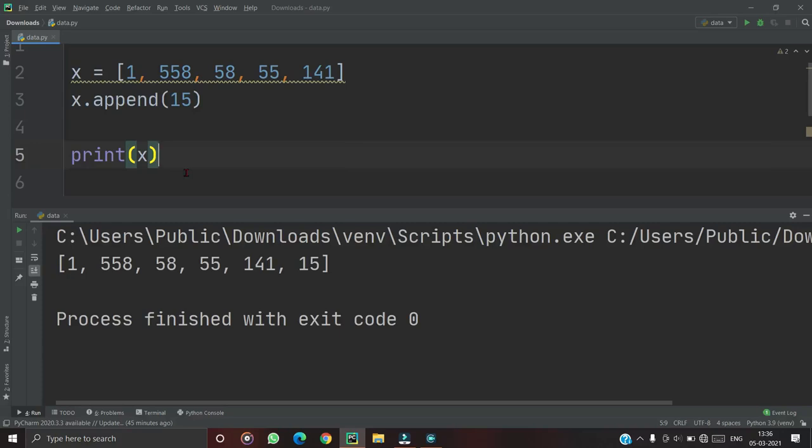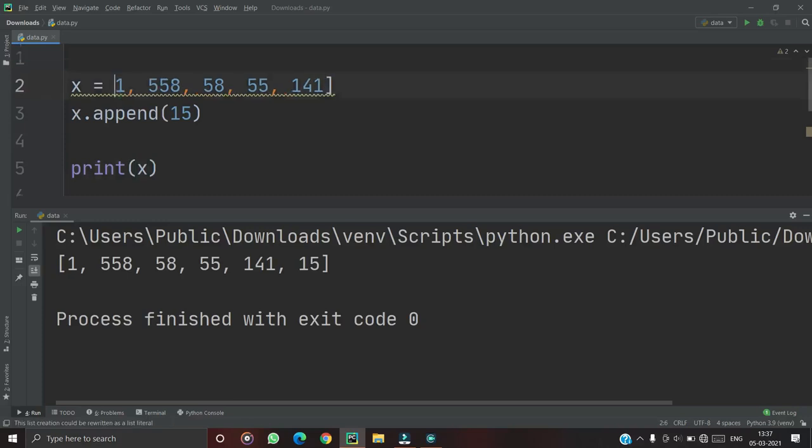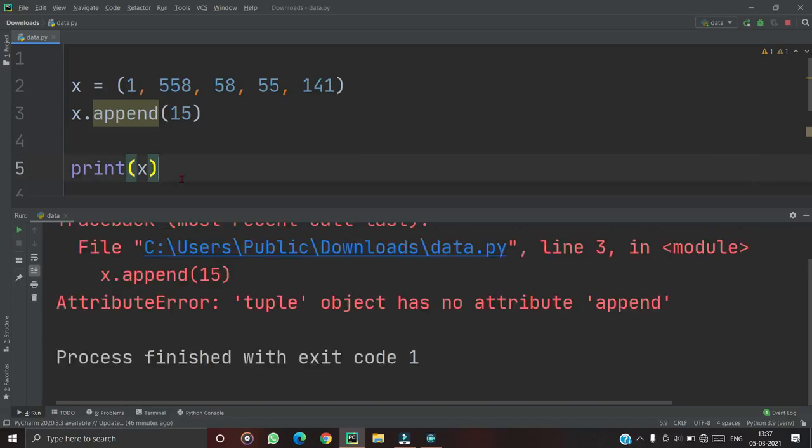For this, I am giving an example of a tuple. You can see here, if I convert this to a tuple and now run this, it will show an error like tuple object has no attribute append. This is because it cannot take the append attribute, because tuples have the property that they are immutable. It cannot be changed. You cannot add elements in the tuple. Okay, so this is all about the tuple.